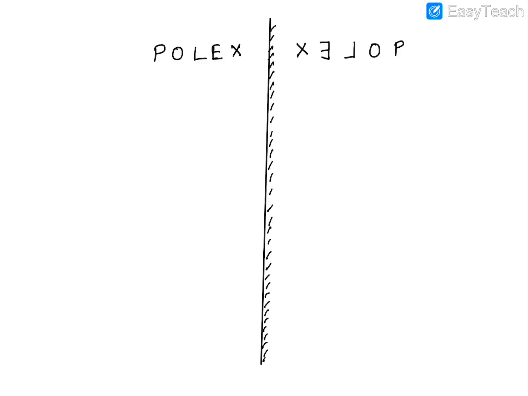Now there is a mistake in what I have drawn in P. Rest all is proper, only in P there is a mistake. P will appear laterally inverted like this. It looks something like 9. Got it? Whenever you are drawing this, make sure that you also maintain a similar distance. Look at the distance from X to the mirror. Try to maintain almost the same distance from the mirror to the first alphabet. Got it? That is the first one.